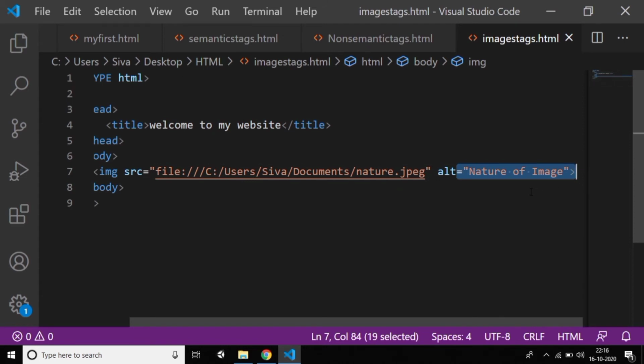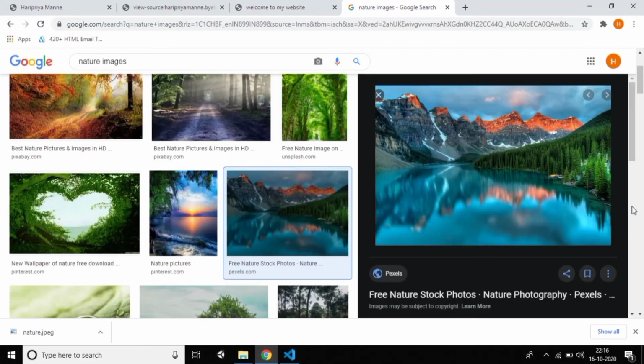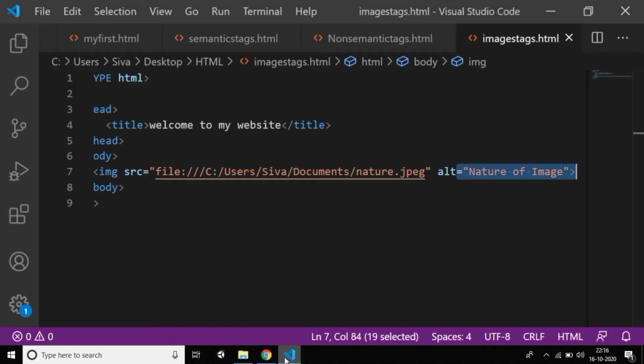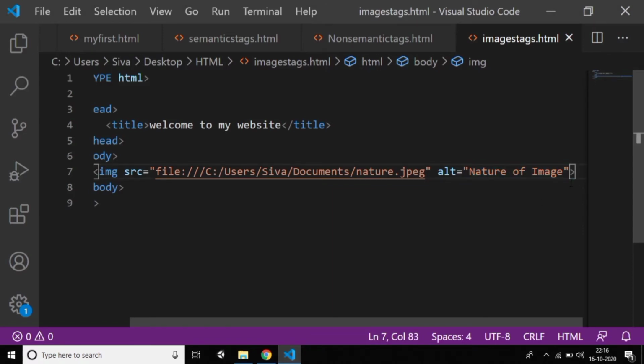So this is all about the image tag, and I want to say some of the things in the image tag, that is called width and height. Actually, my image was downloaded at this size and the same size was displayed, right? Actually I don't want that. I don't want the same size, it may be maybe 500 or whatever it may be. I want a smaller width by using width and height.